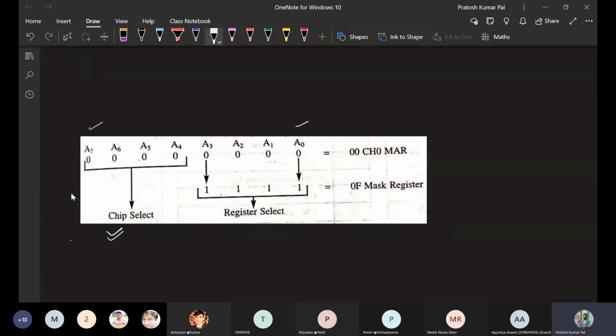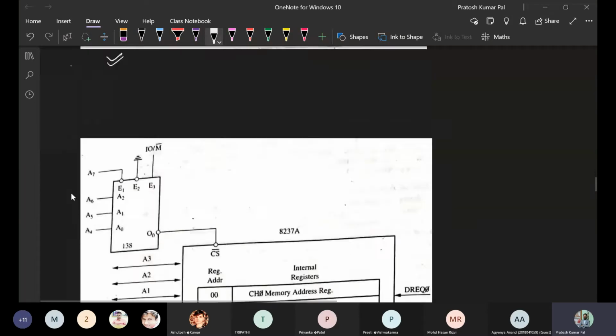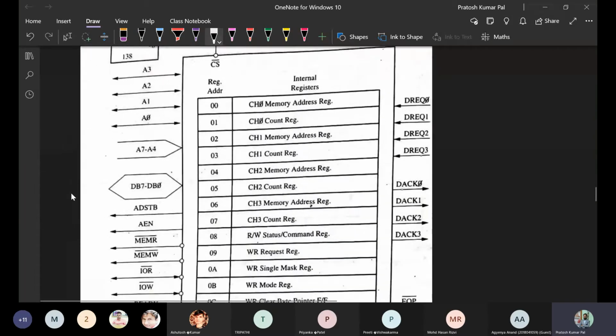The remaining lower nibble, A0 to A3, based on different values starting with 0000 up to 1111, gives different addresses, and these are the addresses of the different registers available to DMA controller. This complete list we can see from here.